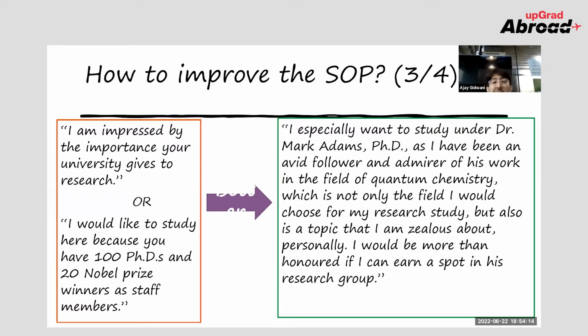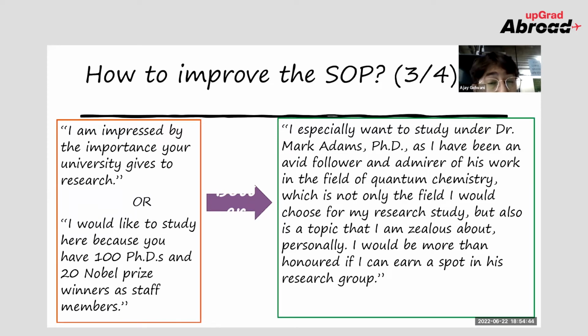But let's take an example. I can write something like this. I'm very much impressed by the placement of the company. So how do I write a better SOP? I'll write that I'm very much impressed by the alumni who are working in the organization. I see myself looking at them, that one day after 3 or 5 years, I will also be listed in such a way in the alumni list. Right. So in this way, you have to draft your SOP so that it becomes more meaningful.